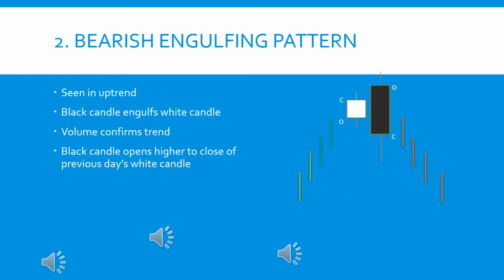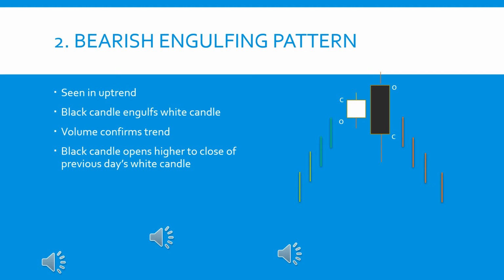The second type of candlestick pattern is the bearish engulfing pattern, which is seen in an uptrend. So you will spot two candles. The first will be a white candle with a smaller real body, and the second will be a black candle with a larger real body, and it will look as if the black candle is engulfing the white candle. When you note this pattern, you also have to note a few other points. The first is, after the engulfing candle, a strong bearish candle serves as confirmation of the beginning of the downtrend. Similarly, a large volume on the engulfing day increases the probability of reversal.